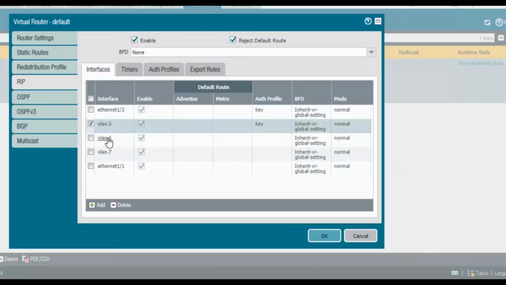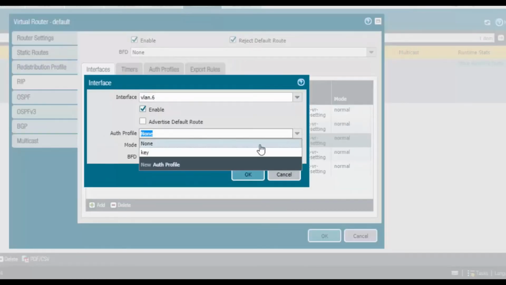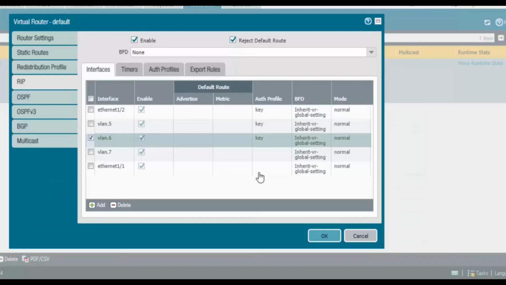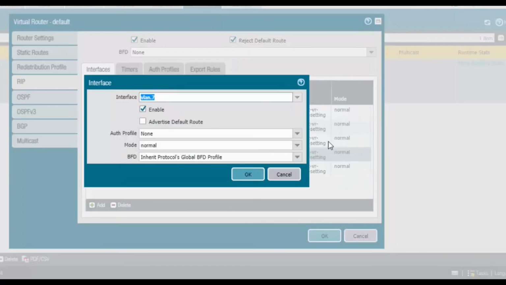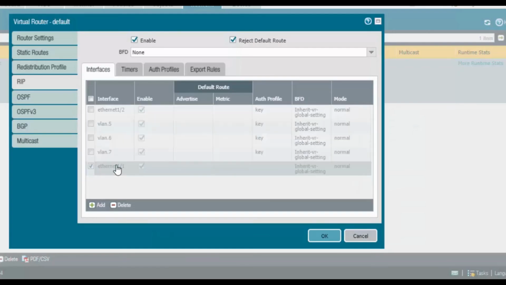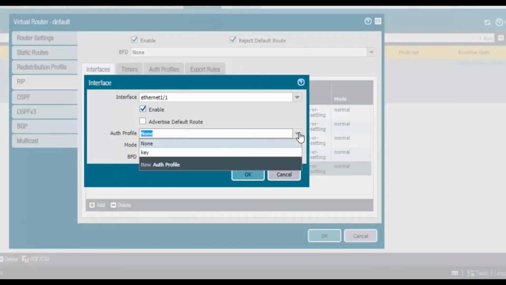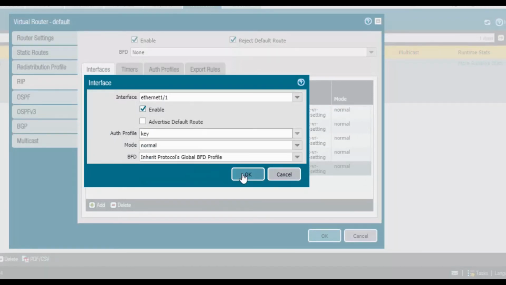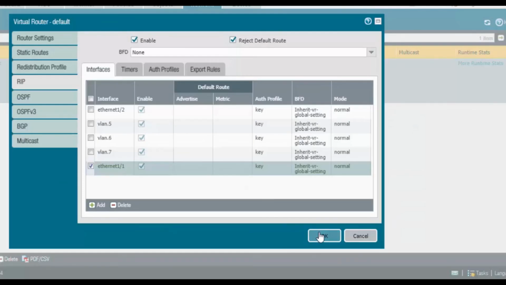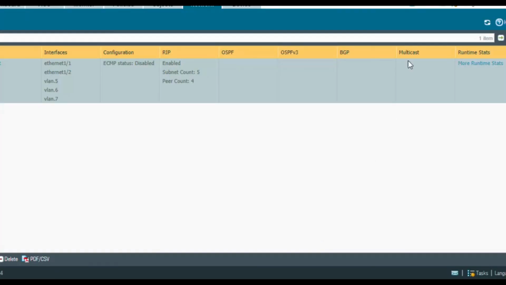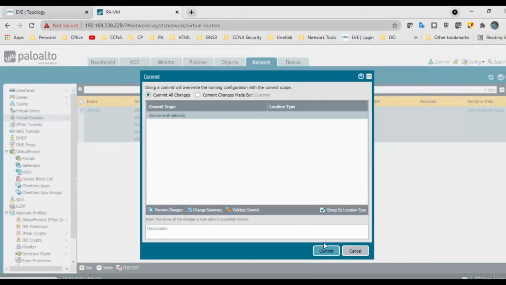Click on OK. VLAN 6, select the profile as key. Click on OK. VLAN 7 interface, select the auth profile as key. Click on OK, and 1/1, that is the outside interface, select the auth profile as key. Click on OK, click on OK, and commit the changes.